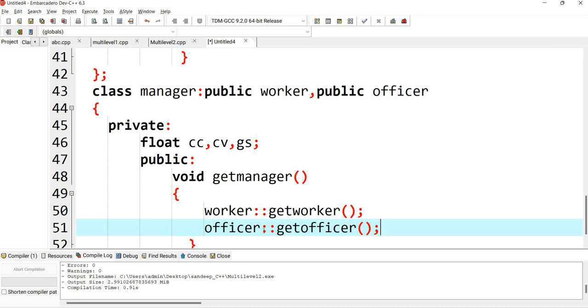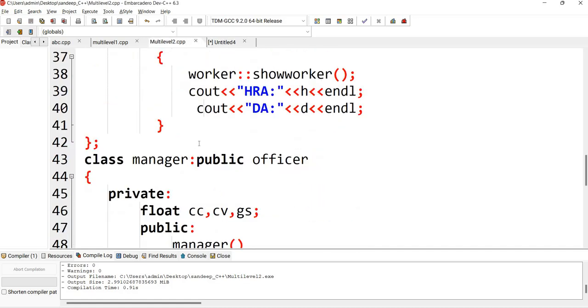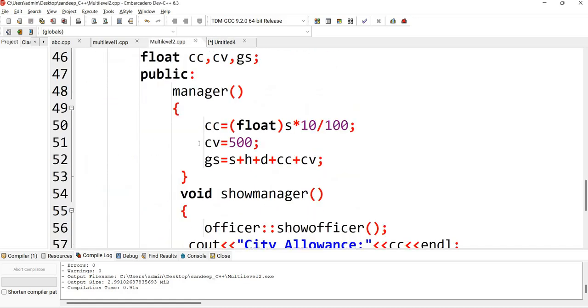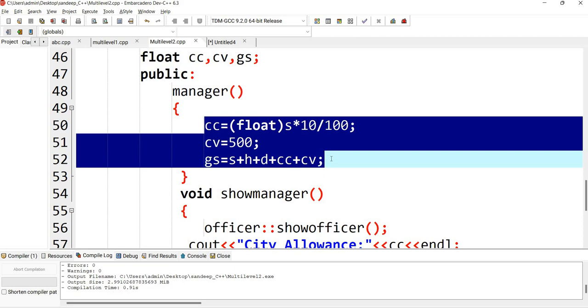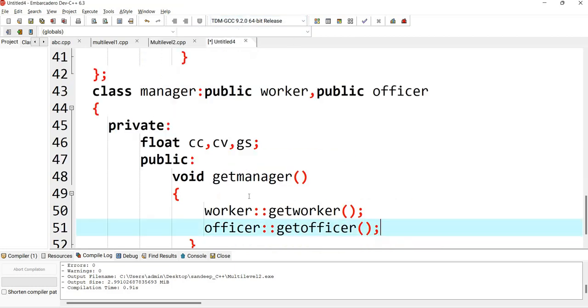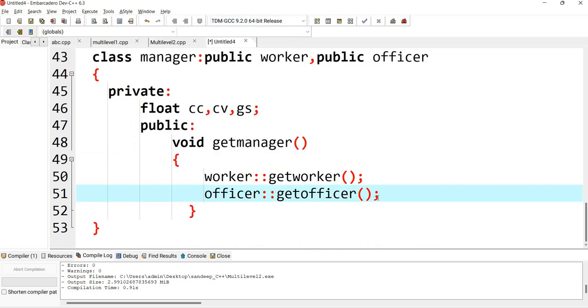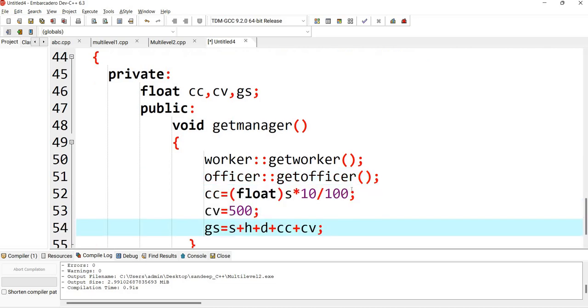So now I have to calculate, just like in the previous example. What are the calculations, right? Like city conveyance, which I can write here. City conveyance will be calculated as 10%. The conveyance is fixed at 500, and now it is calculated here.